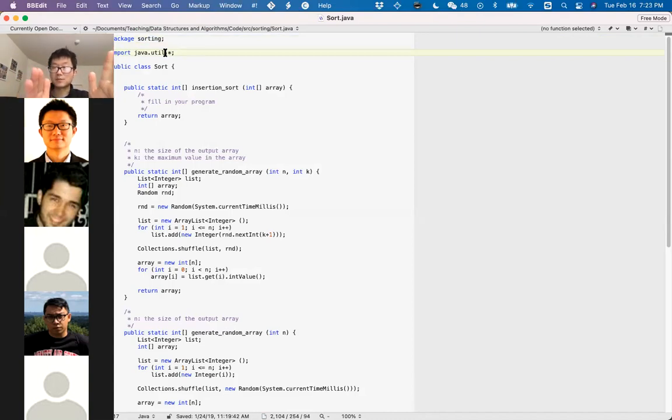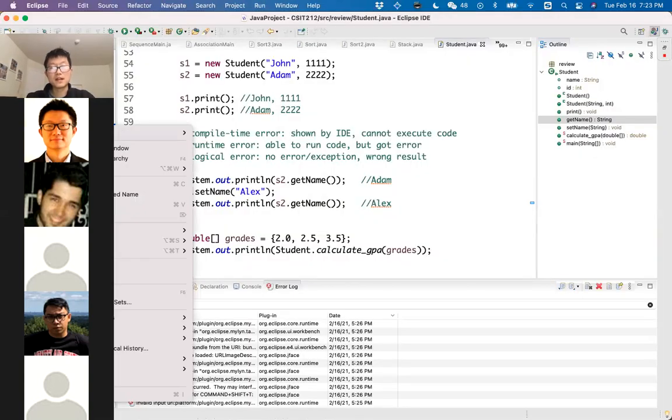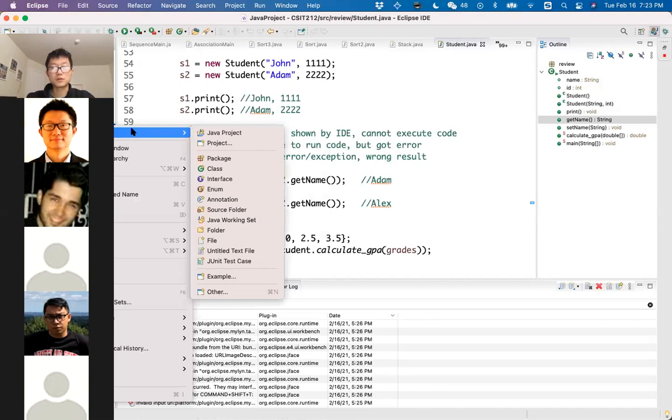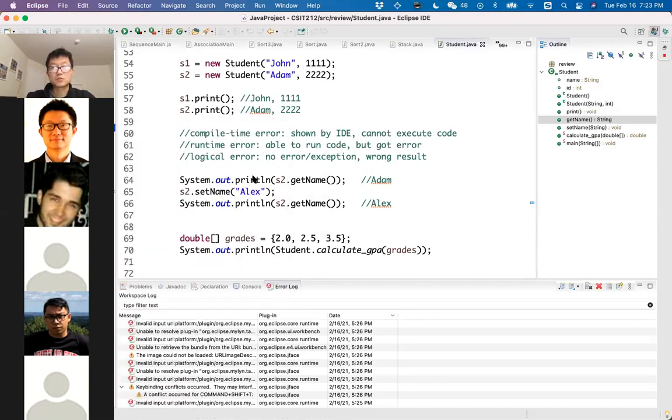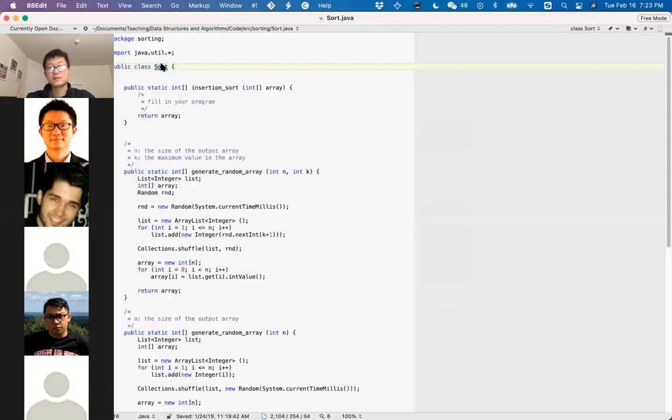a package named sorting. And also if you look at the class, the name of the class that I define is Sort. So next we need to create, within this package named sorting, a new class named Sort. So this name has to be the same as this one over here.